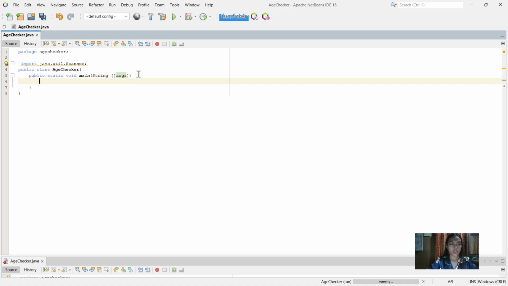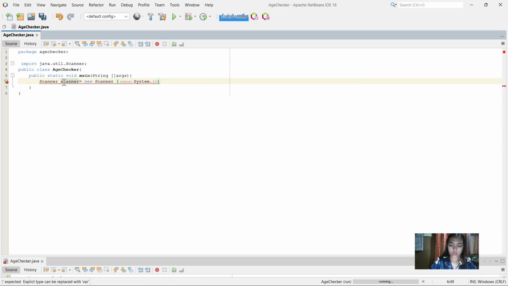Then after that, since we are declaring a scanner class, we're going to create a scanner object, Scanner, System.in.